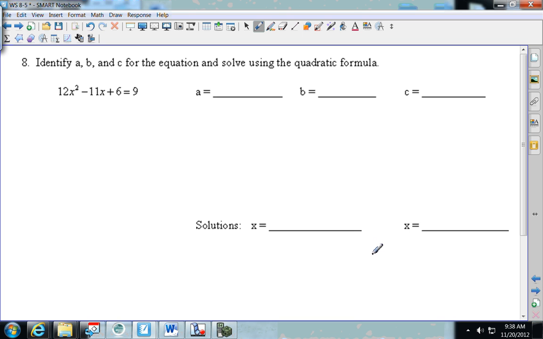Number 8. I think is this the last one on this page? Or is there a backside? Oh, there's back. Okay. All right,